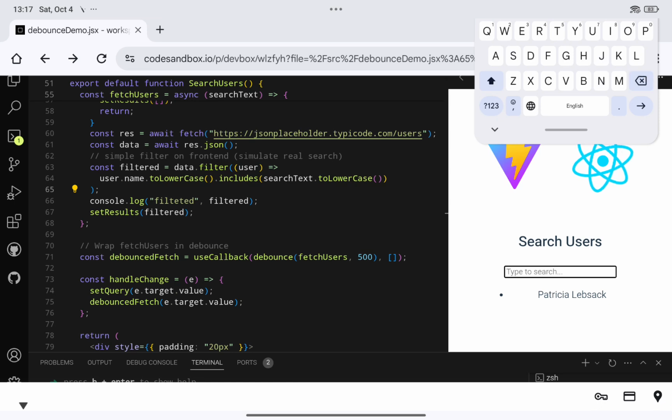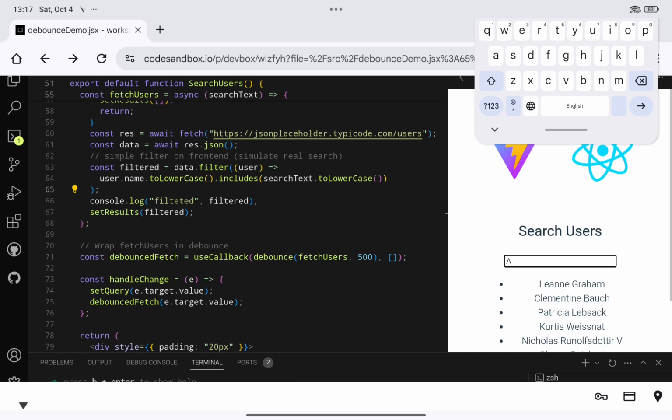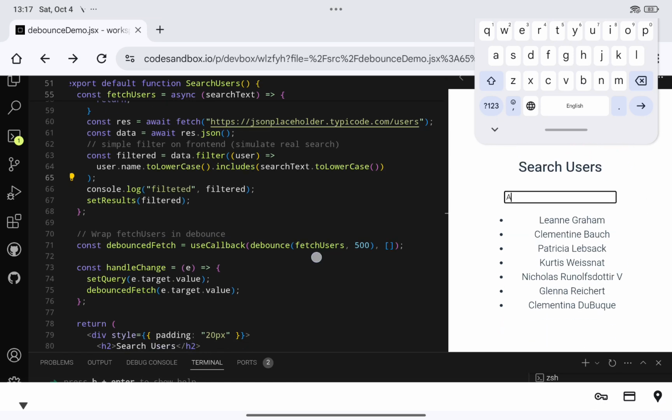Suppose if I type here anything else, F A C, the component re-renders because of this set result, and we are able to see the new data. And then line number